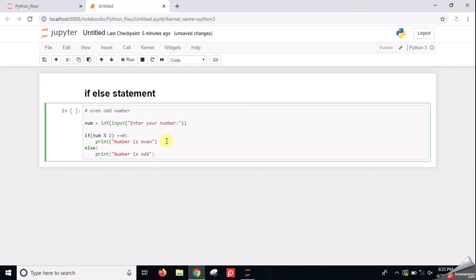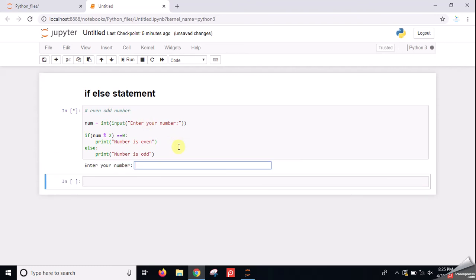Let's check how this program will be executed. I will press shift plus enter. Now it is prompted to enter your number, because we used the input function, and the input function is used to get the number from the user.